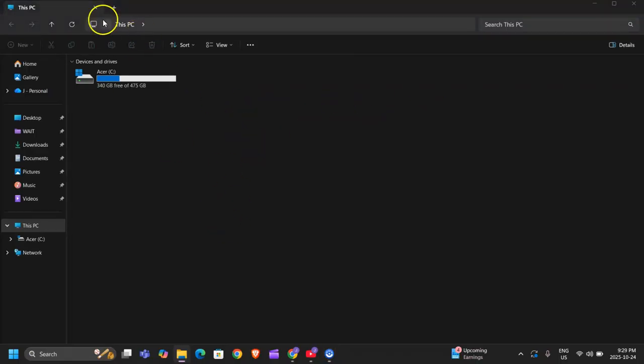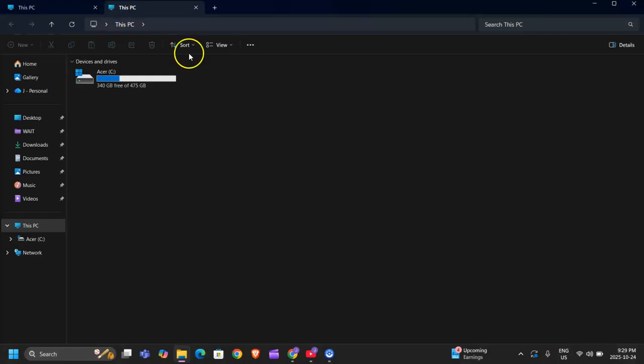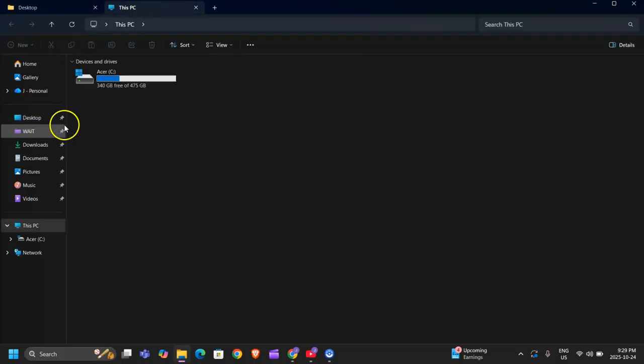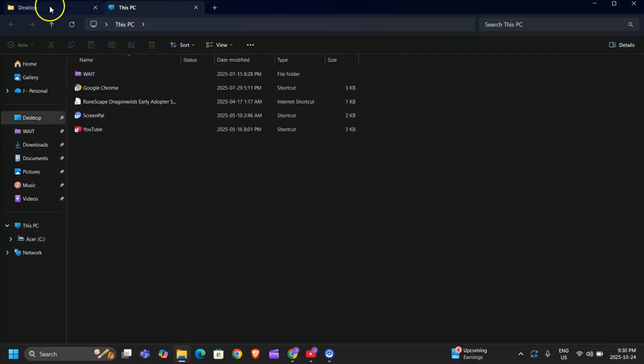And essentially what we're showing here is that there now exists a button over here that you can basically add new tabs. So you can be doing one thing in your File Explorer, for instance, going through your pictures or your videos, and then on a separate tab, you'll be able to actually have something else going on. So for instance, let's open up our desktop, and then over here, while we're working on desktop, we have our devices and drives open. So that way you can have multiple things going at once, and that way you won't ever lose the work that you're working on,